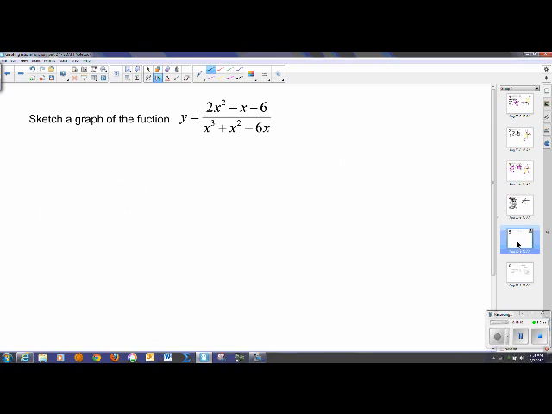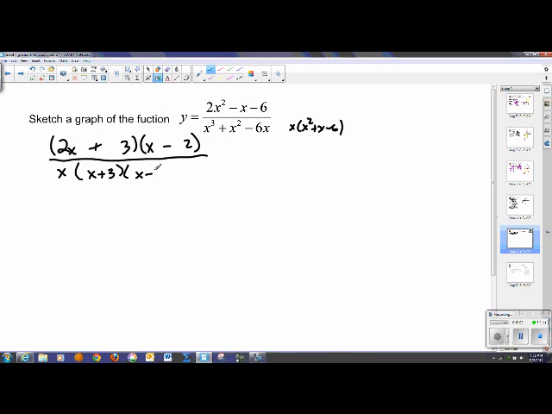Let's move on to the next example. Looks like lots of factoring. Let's go ahead and do that. I've got a 2x and an x. I've got a 2 and a 3. And this looks like it's going to go negative and positive here. It's all going to be over, let's see, this function goes to x squared plus x minus 6. So this will go to x plus 3 and x minus 2. In this case, you'll notice my reduction is of the x minus 2 terms, which means